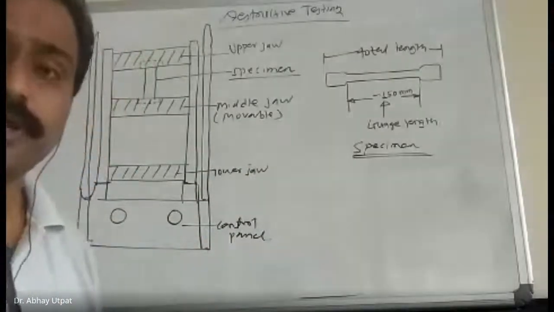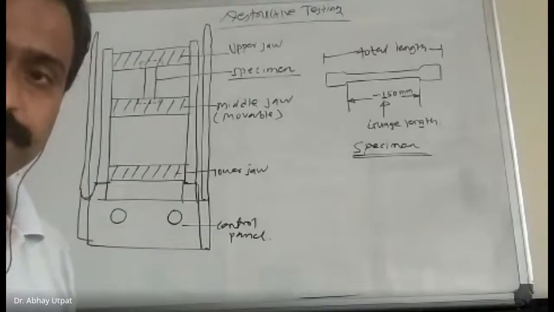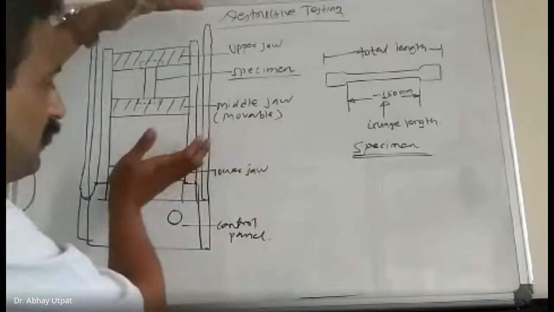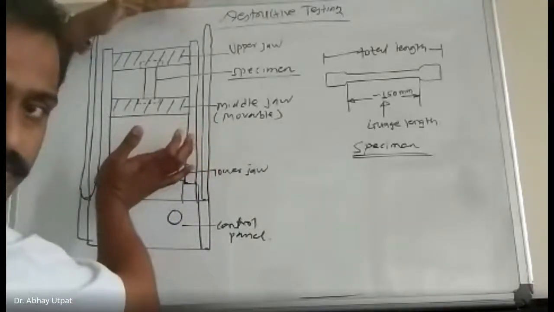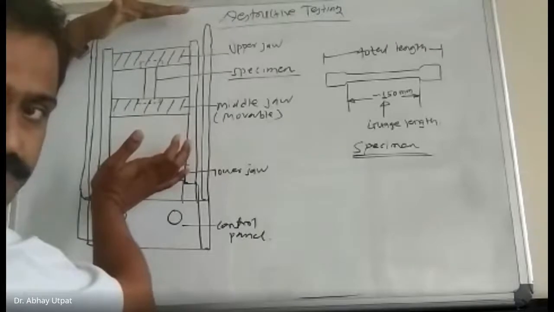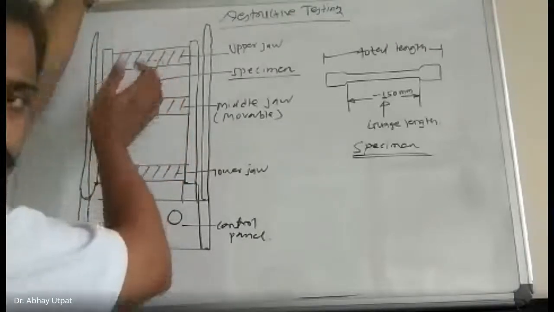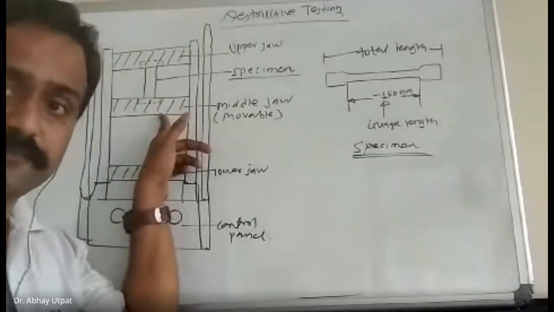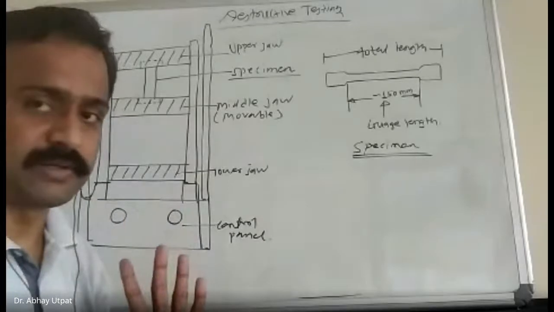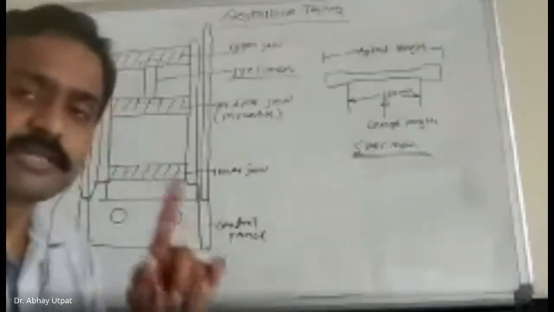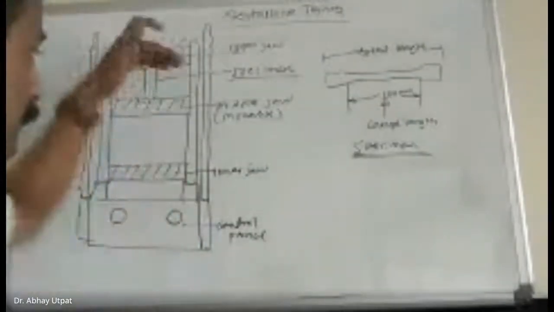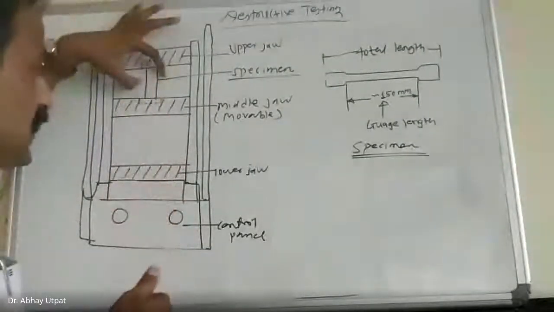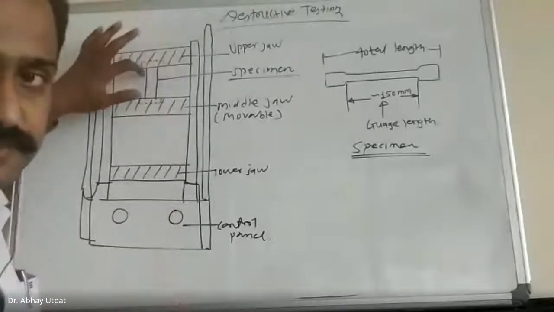Now, when tensile testing is to be carried out, you have to start the pump. What will happen? This first and third jaw are connected to each other, I told. Directly this assembly of first and third will move upward. Imagine what will happen. Middle is fixed during working. Middle is only moving during adjustment. But during working, middle is fixed. So upper jaw will move up, means complete setup is moved up. And there will be tension or tensile action in this specimen.